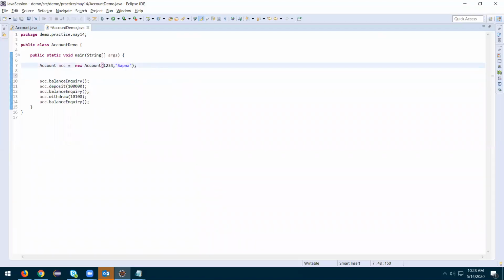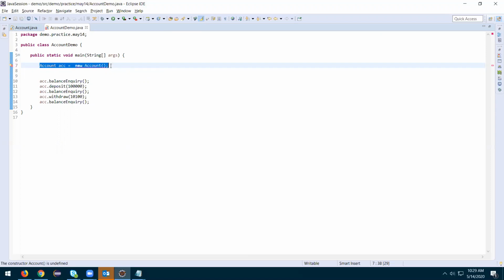Simple. His question is, initially we have all these three: account number, account name, and balance. Sometimes we don't have balance, so we remove balance. If we don't have name and account number, we don't give anything, just create something like this. That is the first step Shubham is expecting.